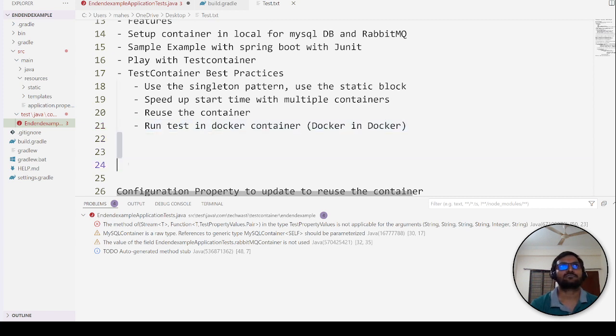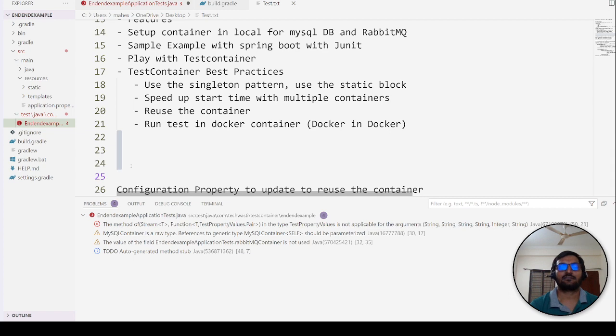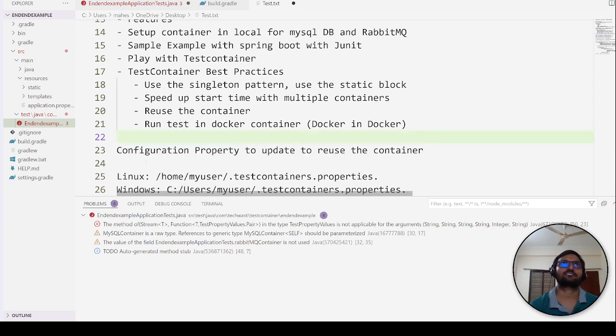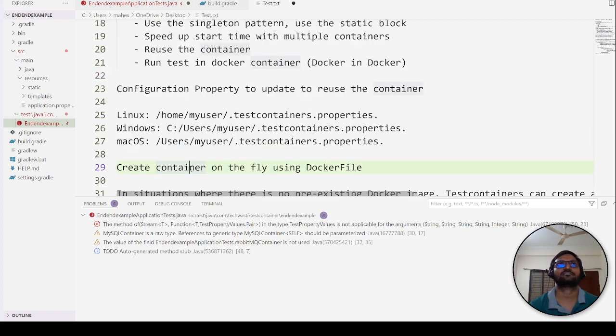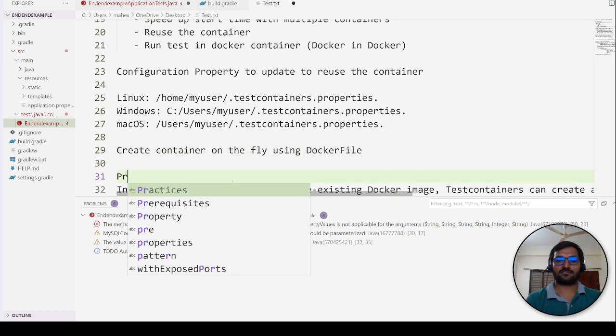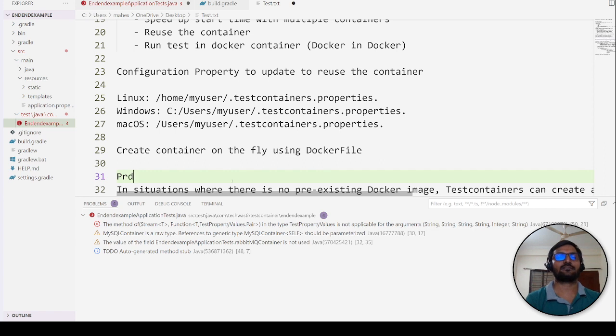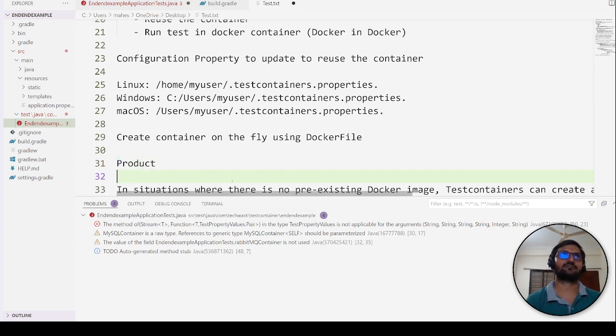There is one more topic I find interesting, which is how you can create a container on the fly. Let's say your application is under development and you have two microservices. A product microservice, with a list of products,